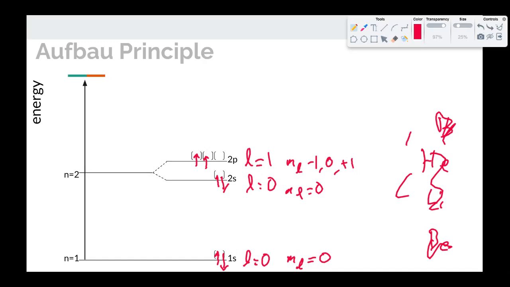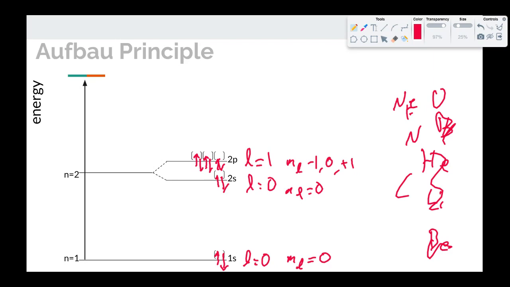Okay, so if we go to the next one, nitrogen, we have to have an additional electron in there. And then oxygen, 1 more electron. There's still room, but we have to start doubling up now. And then fluorine, have to double up in another orbital. And then we finally get to neon. Now we double up in that 3rd orbital in the 2p subshell. But now there's no more room for electrons.